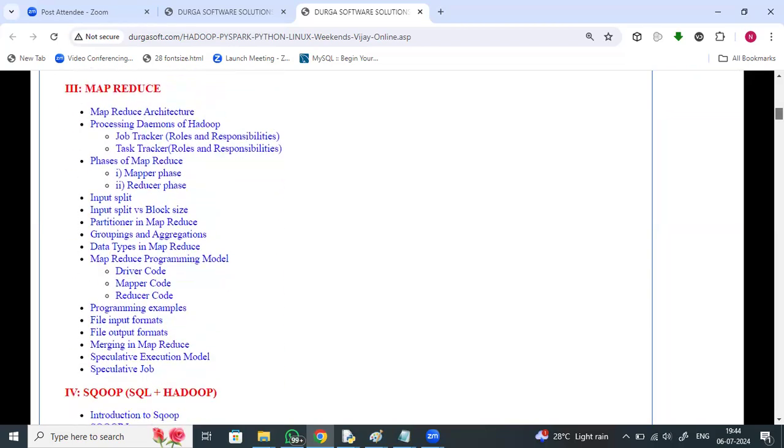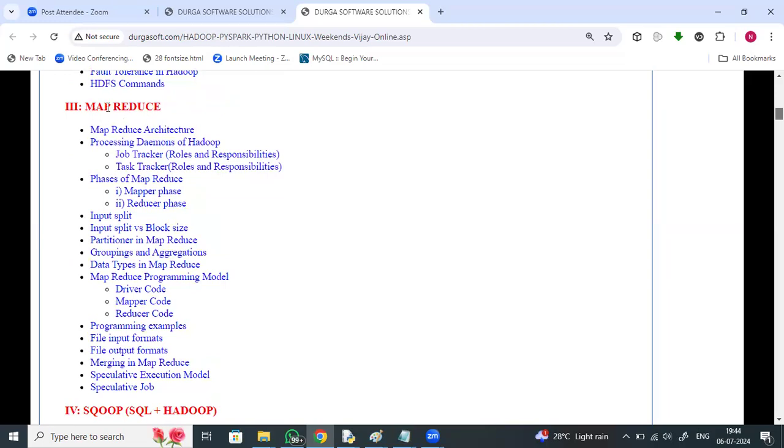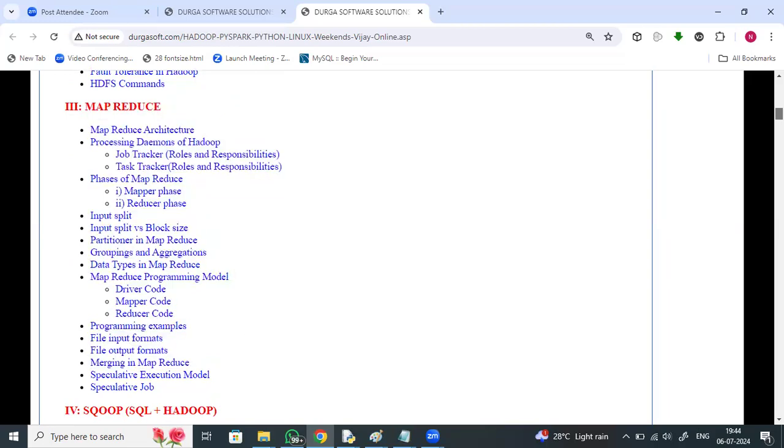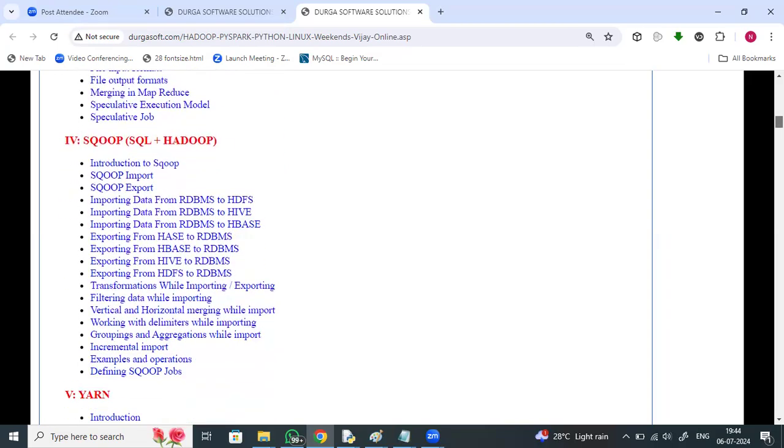The MapReduce execution model. It's for processing. We have the MapReduce execution model, right? Yes. And there is one more important component, Sqoop, for importing and exporting data. Sqoop, SQL plus Hadoop.